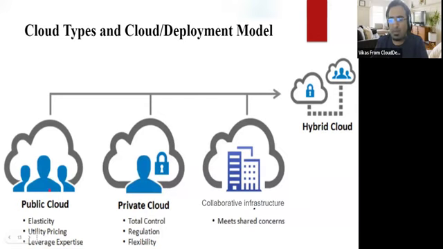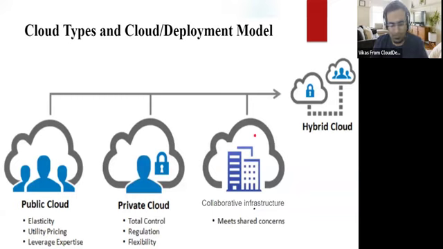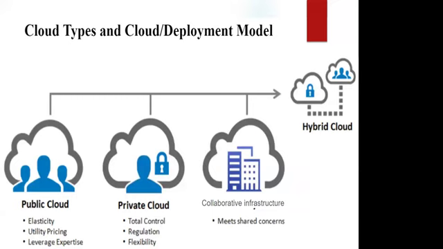Very simply, public is accessible and very easy to scale, that is called public cloud. Private means you have full control, you decide what you want and how much you want, and it's your private network, that is called private cloud. Two different varieties of cloud working together is known as hybrid cloud. Any question till now, or all good? All good. Cool.